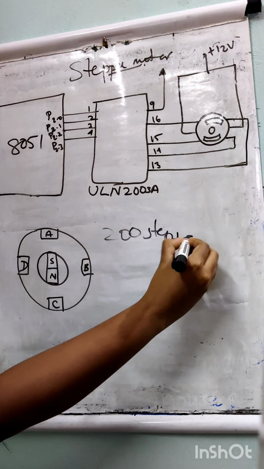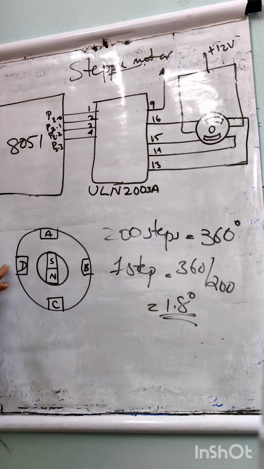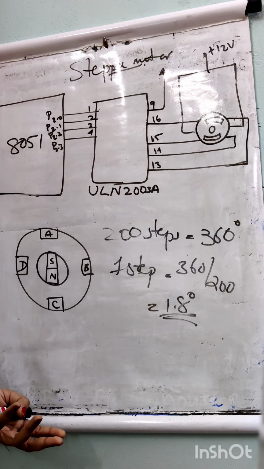High and low pulses are provided to the stator coil of the stepper motor. Here we are using a 4-coil stator. The angle of each step is decided by the steps in the rotor and its alignment with the stator. In the case of a 200-step motor, the step angle is 1.8 degrees, and if it is an 8-step rotor, then 360 divided by 8 is 45 degrees. That is how it works. This can be a unipolar stepper motor or a bipolar stepper motor. These are the two different types of stepper motors.